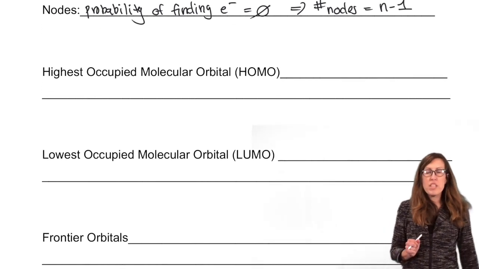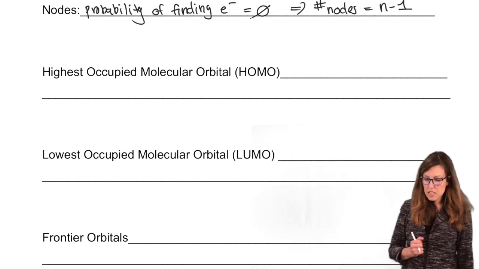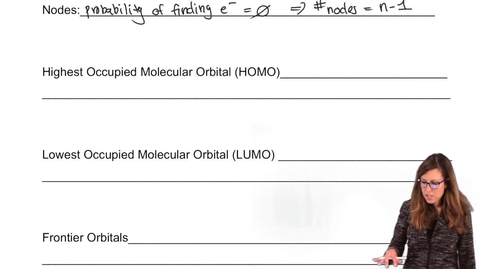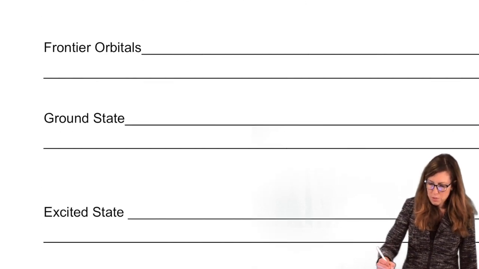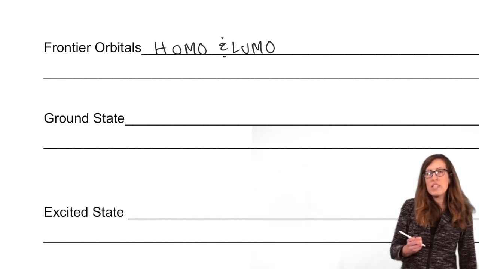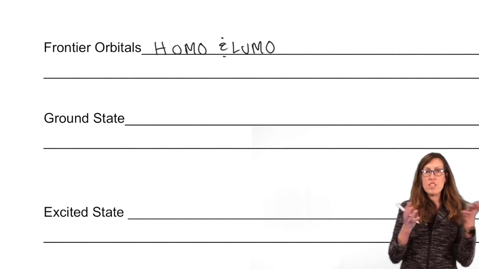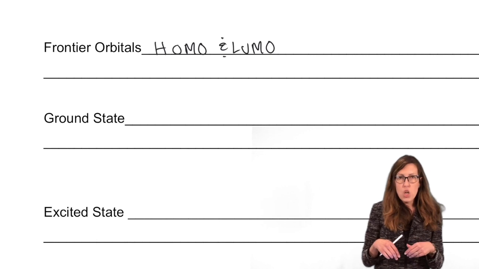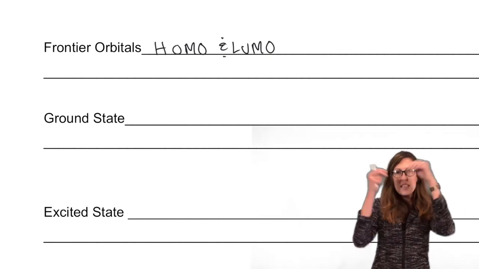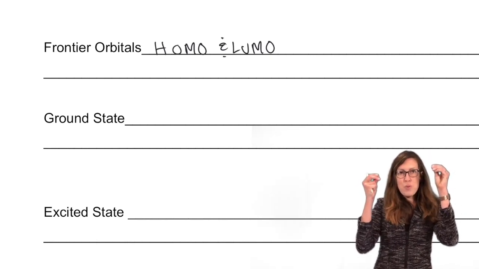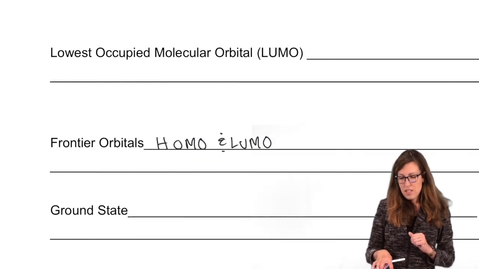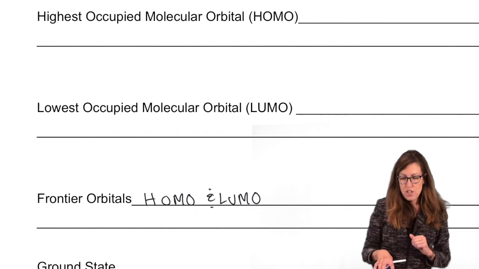We're going to be concerned with what we call the frontier orbitals. The frontier orbitals, which is way down here, are the HOMO and LUMO. So I'll define those. Why are we concerned with frontier orbitals? Well, where do reactions happen? Are reactions going to happen way deep at the core electrons? No, they're going to be at the highest levels, the ones that are the easiest to pluck off. So the two frontier orbitals involved in reactions are the HOMO level and